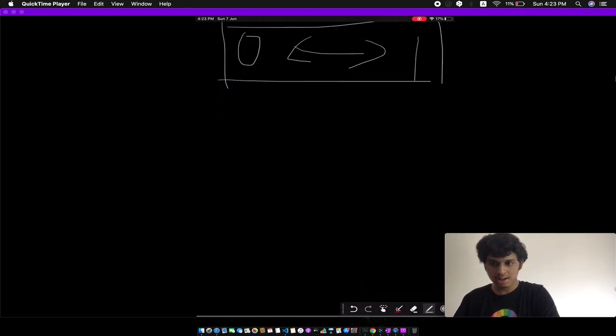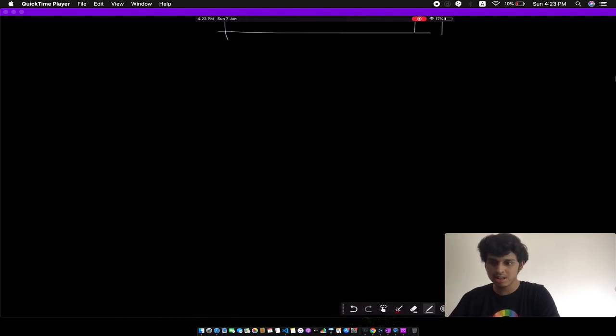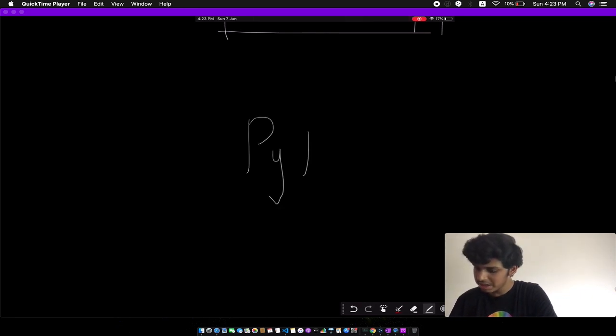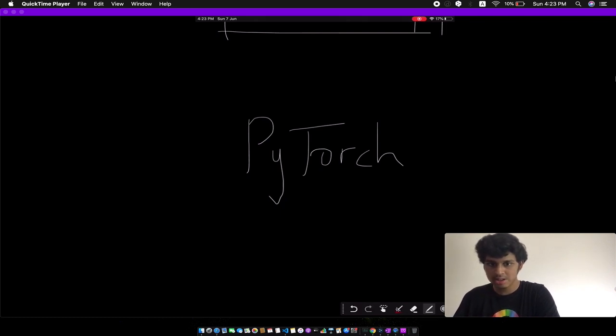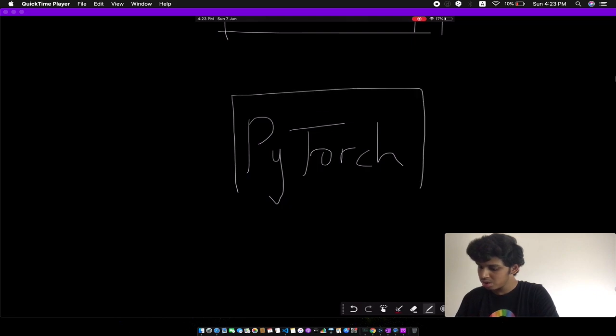So now since we have a clear idea of how we're going to sample the data and train the model, we can get down to the implementation part, actually implementing our melanoma classifier. For this particular implementation, I'm going to be using PyTorch, which is my favorite deep learning library for several reasons. So let's get straight to it.